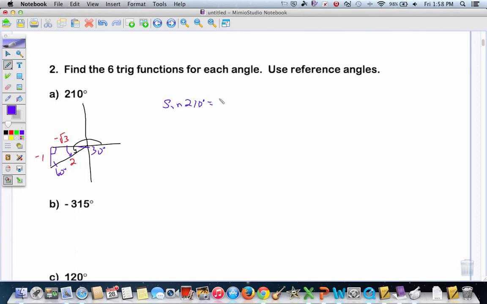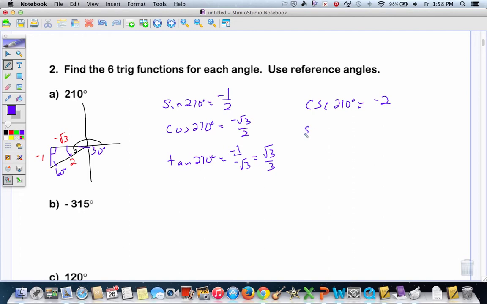The sine of 210 degrees is y over r, or negative 1/2. The cosine of 210 degrees is x over r, or negative square root of 3 over 2. And the tangent of 210 degrees is opposite over adjacent, which eventually simplifies to be square root of 3 over 3. And then real quickly, our reciprocal functions, cosecant of 210 degrees is going to be negative 2 over 1,